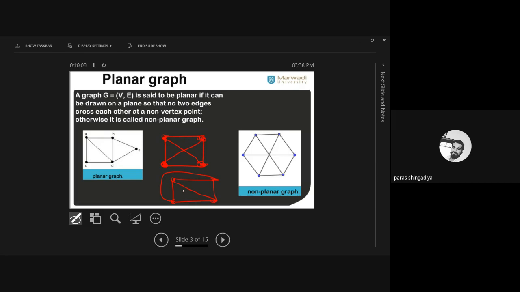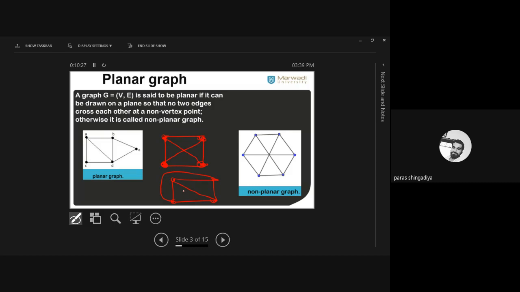So two types of graph will be there in the questions. Verify whether this graph is planar or not. First is this one. In this you can directly say that it is planar. Clear? And the second graph will be this one. In that you have to remove the crossover between the edges. You have to remove it. And if it is possible, here it is possible, then it will be a planar graph.